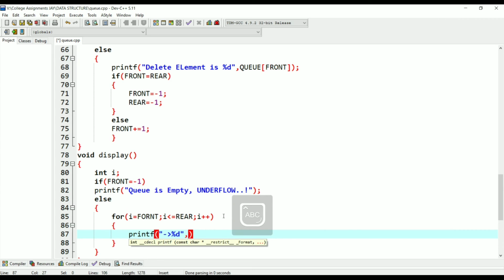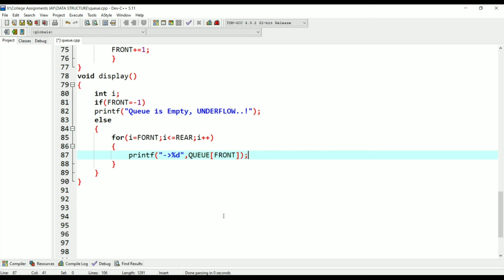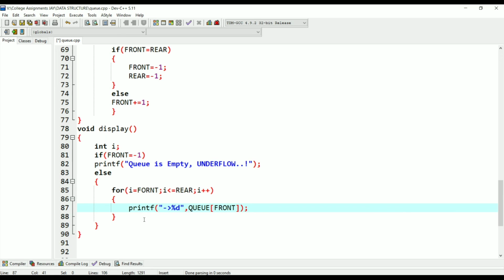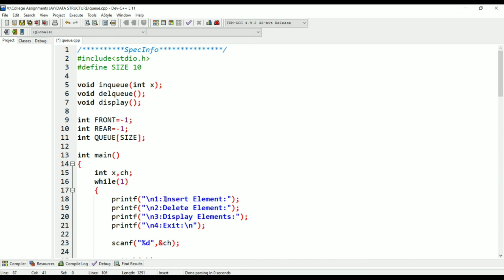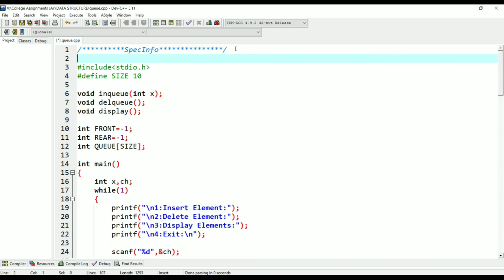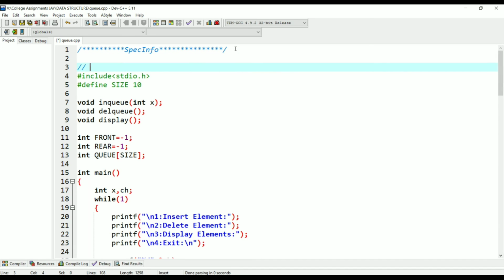So we will print an arrow and then print queue at front. Whatever element is at front, it will print that element, then show an arrow again and print the next element. So this is our code, which is very clean and easy to understand. Hope you are understanding each and every part of the code.